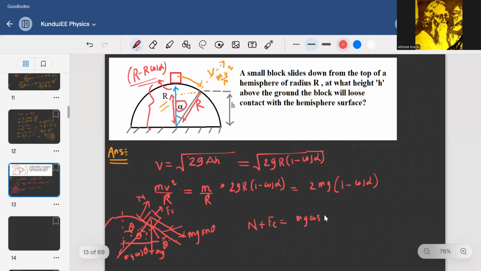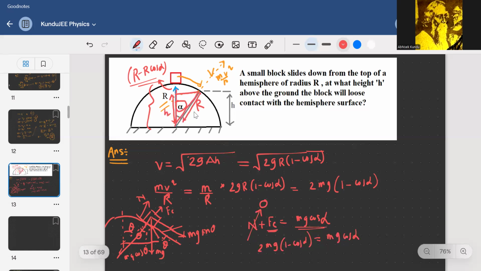So here in this case, theta is alpha. When it loses contact with the surface, that means the normal reaction will be zero. The centrifugal force will exactly balance the radially inward component of the weight. So we can write that 2mg into 1 minus cos alpha is equal to mg cos alpha. Now from this triangle, what is the value of cos alpha? Cos alpha in this triangle is